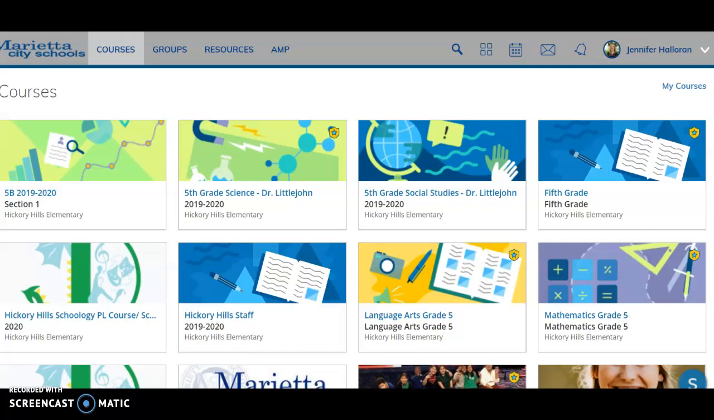Hey 5C, I'm really excited that we get to start Read 180 this week, and I wanted to show you how to get there on your Schoology account. I'm going to show you a couple different ways to get there, so whatever works best for you. And it may look a little bit different on a phone, but you should still be able to find these